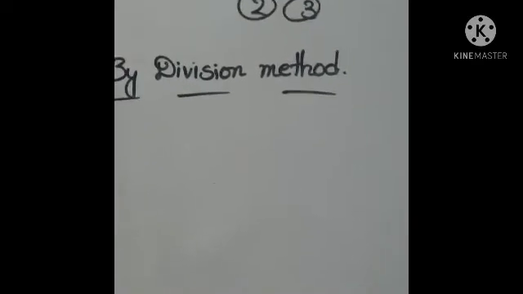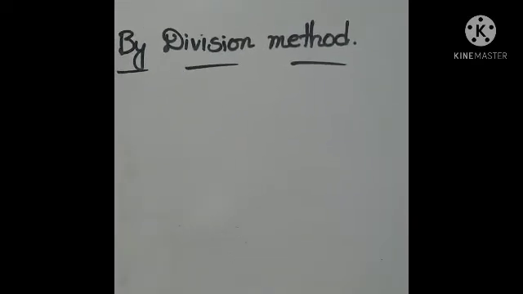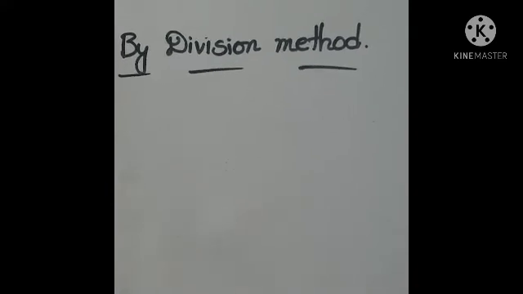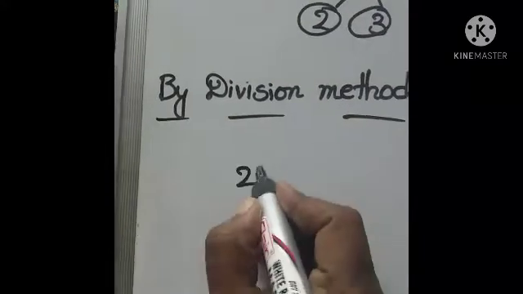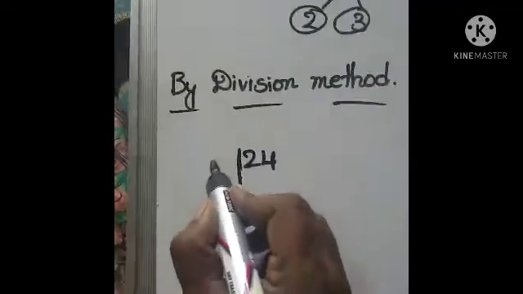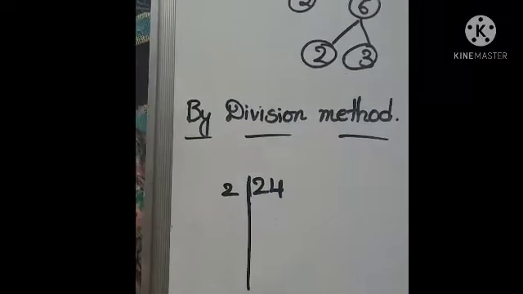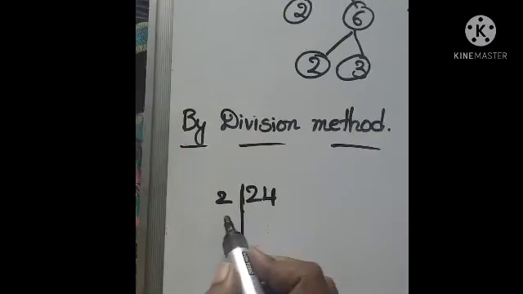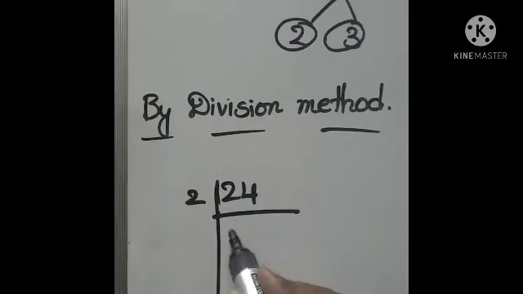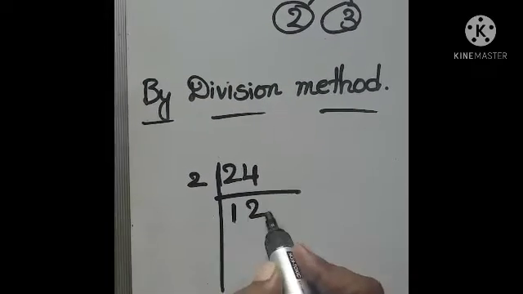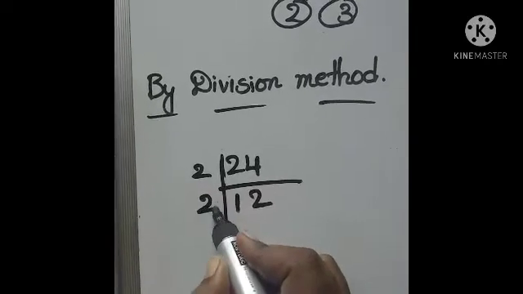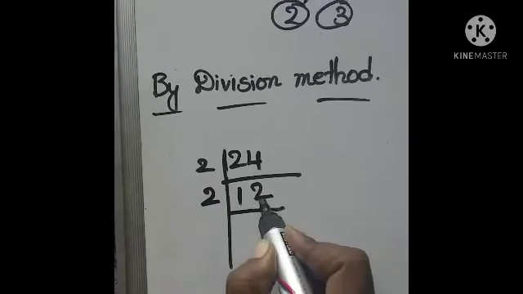The first method is the factor tree method. Now let us discuss the division method. Let us now find the prime factors of 24. Here 24 is given. What is the smallest prime factor? The smallest prime number is 2. 2 1s are 2, 2 2s are 4. Again here also an even number, so here we have to take 2, because